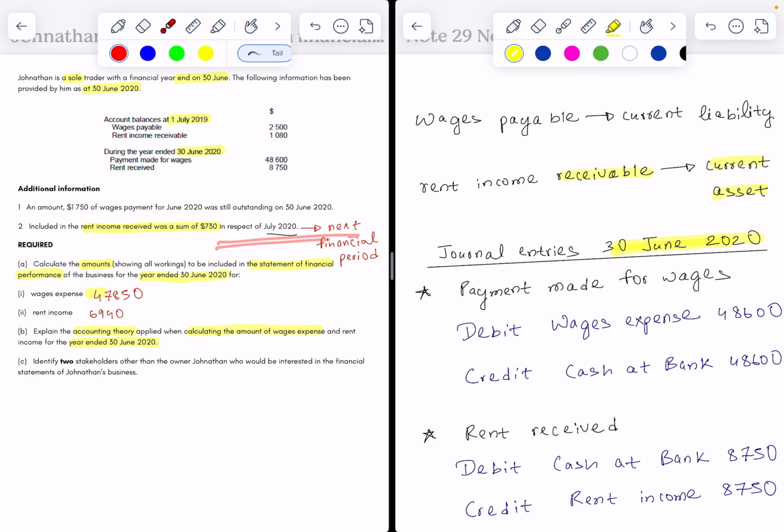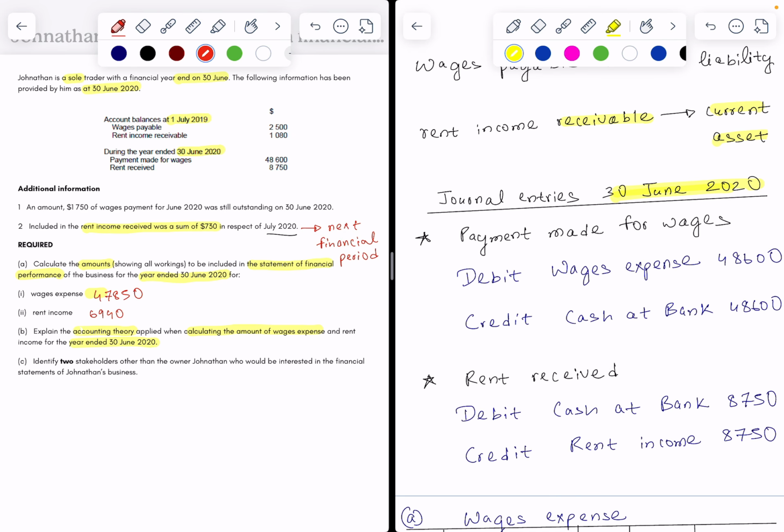So when we think of payment made for wages, we understand that we are spending money. So there is an outflow of funds from the business, right? So these funds are taken from the bank account, which is an asset account. We know that assets, when they increase, we debit them. Now that we are paying for wages, our balance in the bank account is decreasing. Therefore, our assets are decreasing. And when assets decrease, we credit them. So we will credit the cash at bank account by $48,600. And simultaneously, we will debit the wages expense account by $48,600 because we have made this payment relevant to wages,